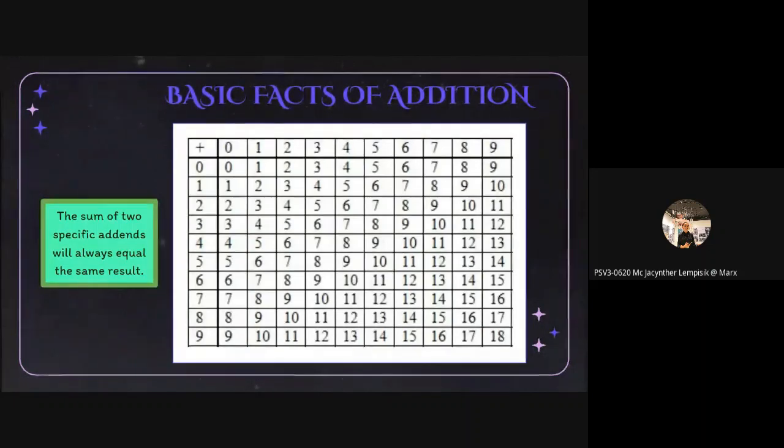So if we use a ruler, for example, from 1 at the top and 1 at the side, they will overlap at the 2, like 1 plus 1 equals 2. And then we try 7 and 4. Both of them will overlap at the 11. And even if we change the positions, the sum of the specific addends